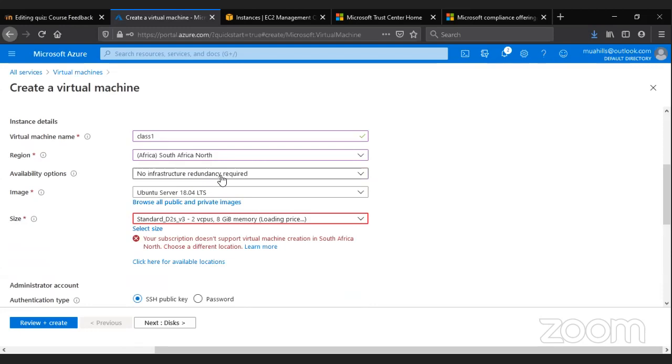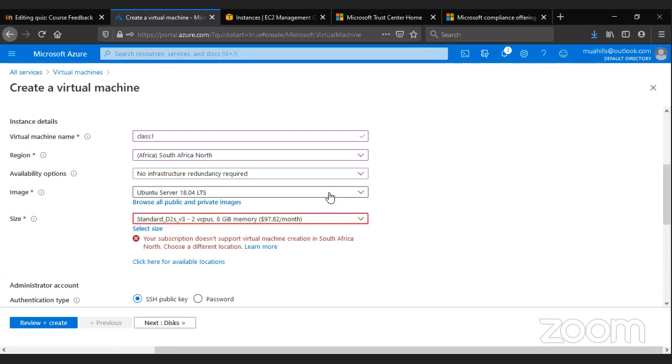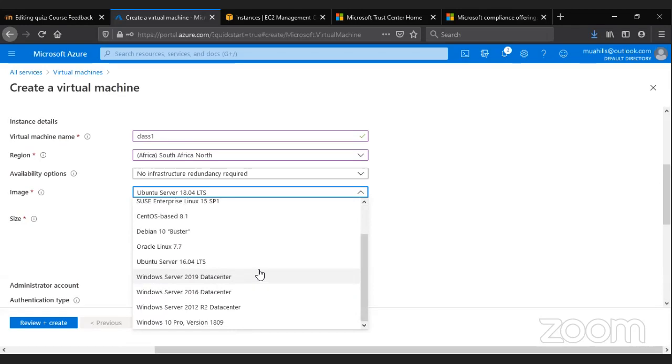Then availability, you can choose, I do not need redundancy, or you need redundancy. Then you can configure that, yeah, based on the availability zone. The reason why availability zone here is blurred is because on the South African one, I think it's only 1 or 2, yeah. Or you can create your own availability configurations. Then you can decide, you see this is Microsoft, but the operating systems available are all there. There's Oracle Linux, there's Debian, there's SUSE, there's Windows Server, all these.